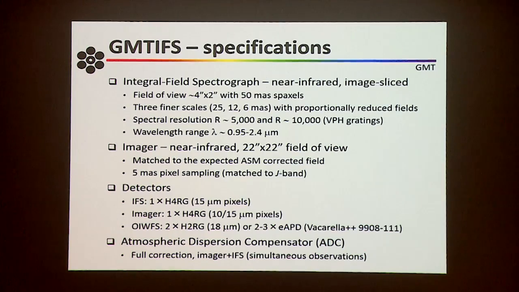The spectral resolution has 2 modes, 5,000 and 10,000, and we're using VPH gratings in order to make this as sensitive as possible, in order not to lose throughput. The wavelength range it will operate over is 0.95 to 2.5 microns, so we're doing the whole of the near-infrared, J, H and K windows. The imager, also operating in the near-infrared, has a 22 arc-second field of view, and this is matched to the expected corrected field with the